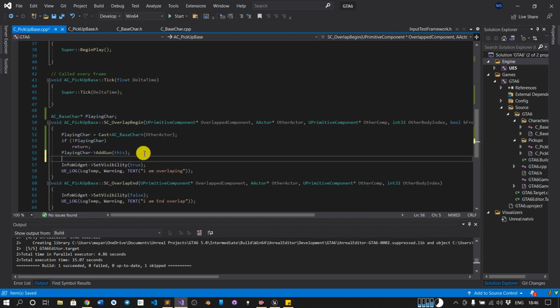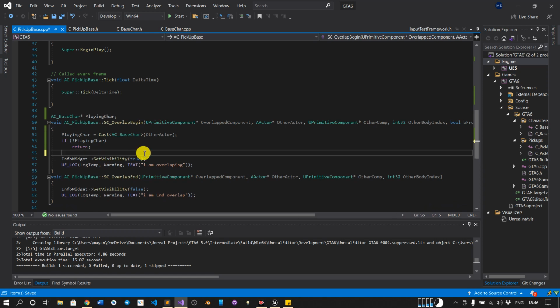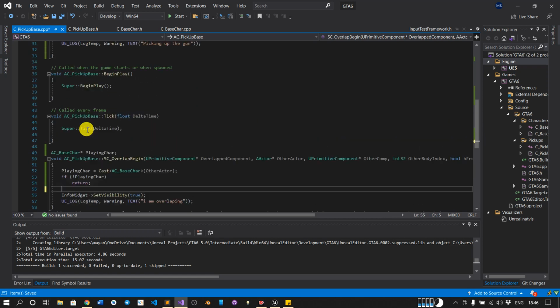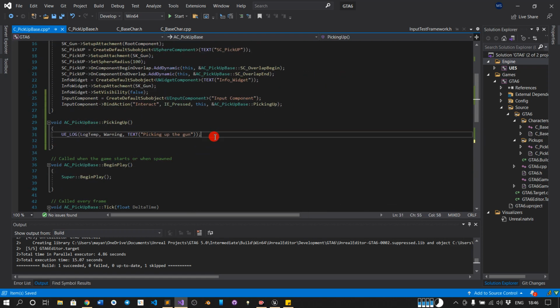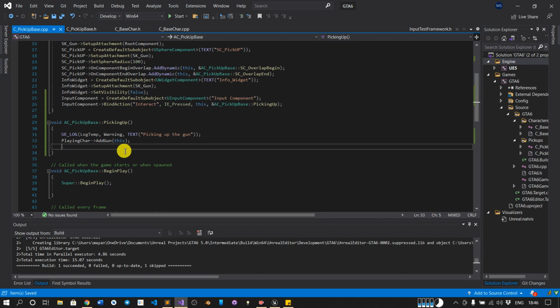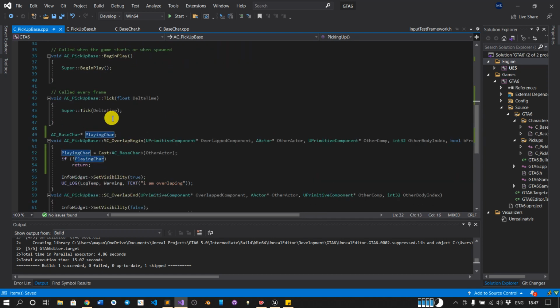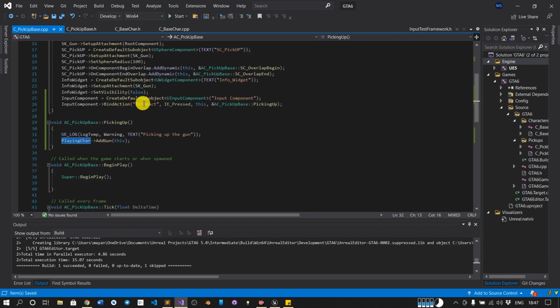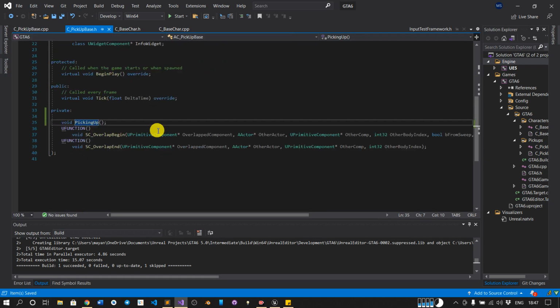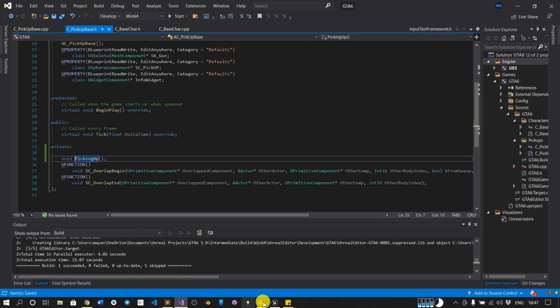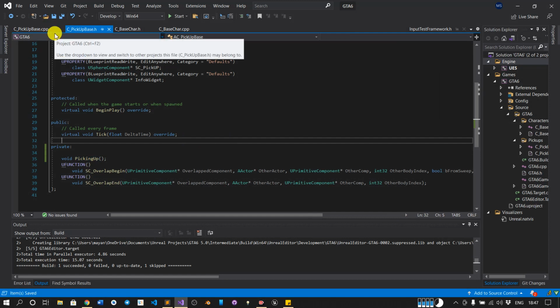Next, the thing is, we need this function to be called in the pickup here, and this variable is available in the whole class. So when we press the interact key, then it will work. It should work actually, and we have made some changes in the header file too, so we need to restart our Unreal project. We will do that, but let us finish here.